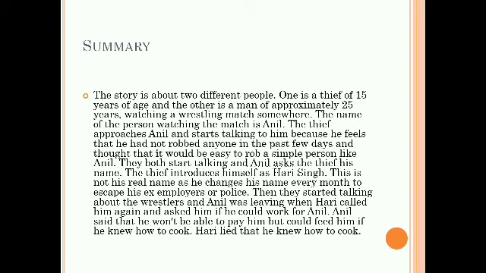Then they started talking about the wrestlers, and Anil was leaving when Hari called him again and asked him if he could work for Anil. Anil said he won't be able to pay him but could feed him if he knew how to cook. Hari lied that he knew how to